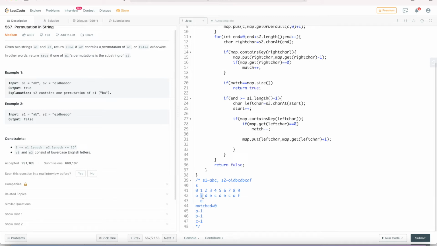Our right char is I, map doesn't contain it, match is not equal to the map size, end is not greater than S1, hence we will again increment our E pointer. Right char is D, map doesn't contain D, match is not equal to map size, end pointer is equal to the S1 length, that is 2. So we will take the left char S, so we will increment our start pointer. Now map doesn't contain the left char, that is O, so this if block is not executed,